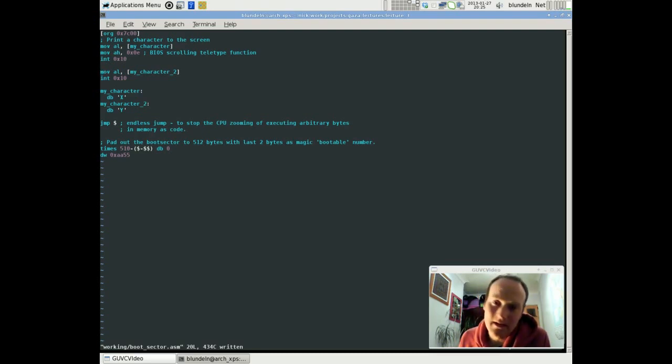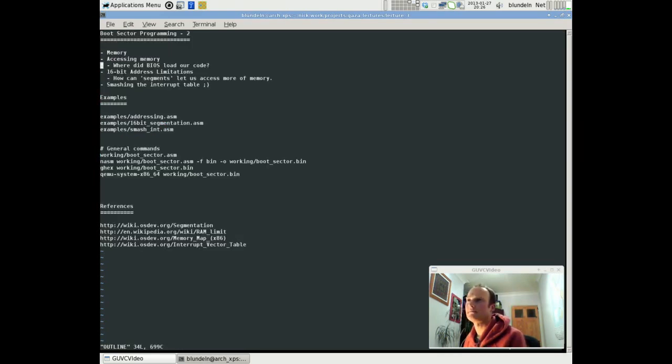So the kind of data that I might want to store in there are strings to print out, or things to search for in memory, anything like that. I suppose it's the equivalent in C of having constants and things like that. So now we can access data, so that's good. Now if we go back to here,